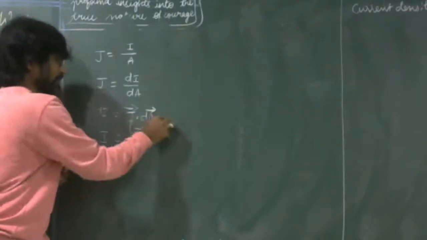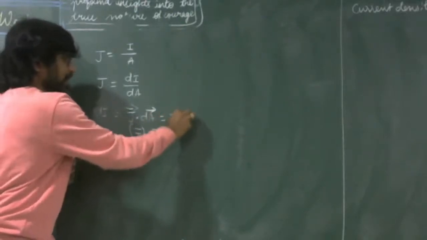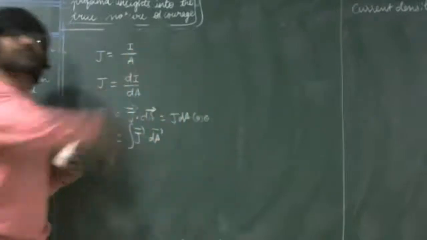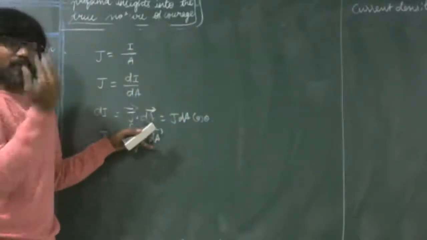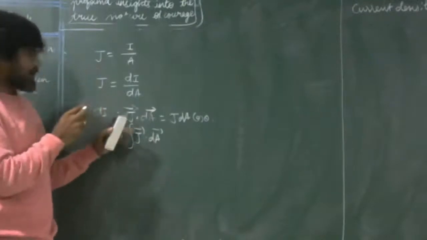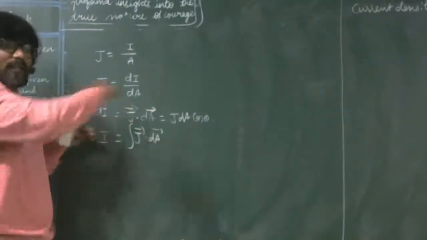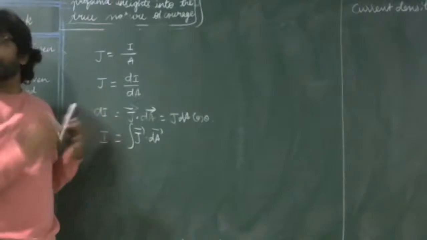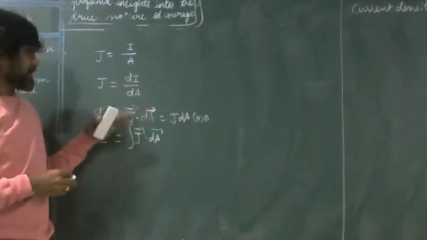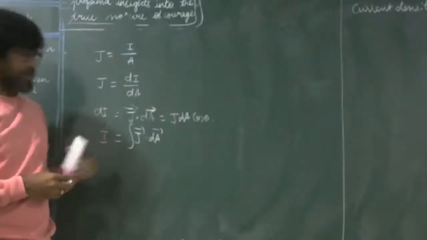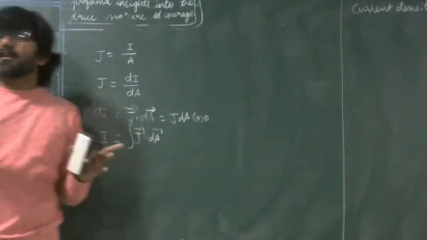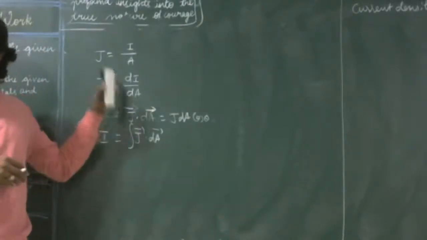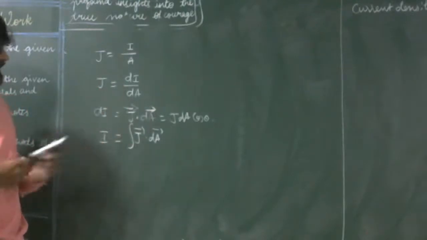This can further be written as J dA cos theta. If the area vector at a given point makes an angle theta with the direction of flow of current, or with the normal of that particular cross section, then you can express it either way. Depending on the data in the question, you can use whichever to calculate current